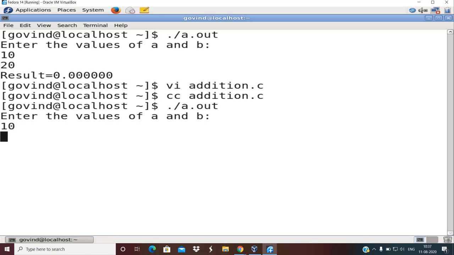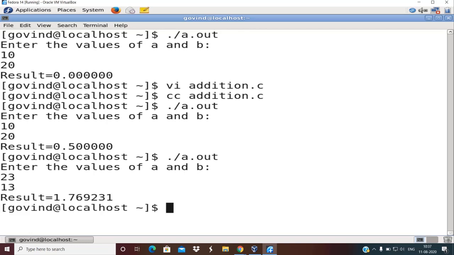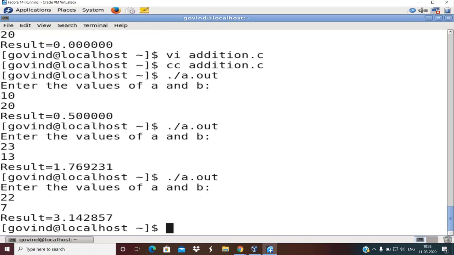Okay, so 10 and 20, you can now see the difference. It is now displaying the answer the way we want. This concept is very important. Please understand this. Now I can try it with any values, and it still works. If the numerator is greater than the denominator, say 13, you can see the answer is still displayed properly. I'll try to print the value of pi, so 22 by 7. You can see here, this answer of pi is accurate up to 6 decimal places. Why am I saying that it is accurate up to 6 decimal places?